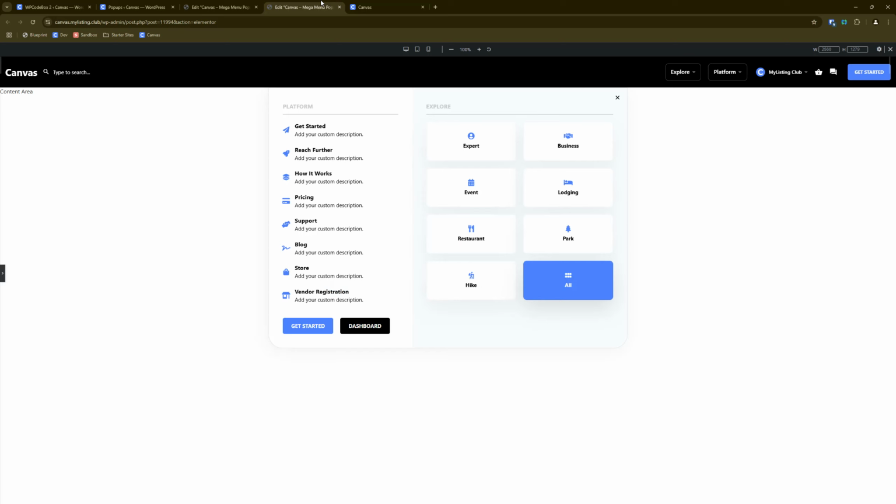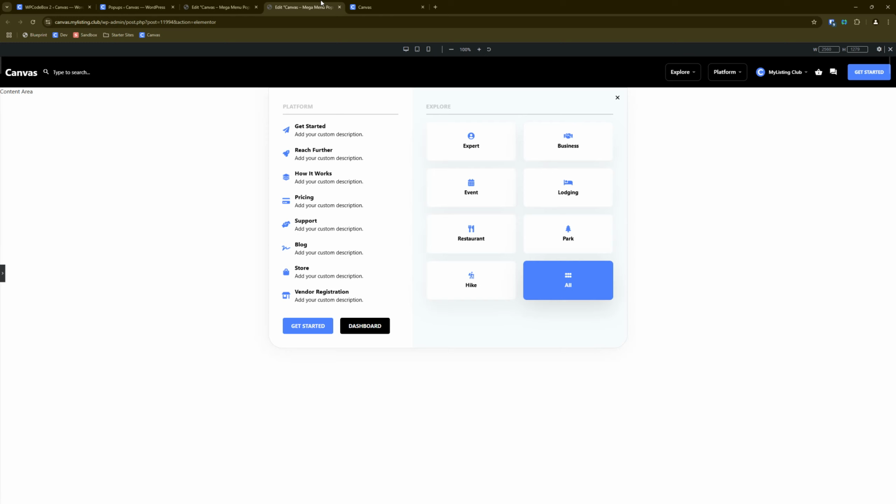So this is a quick way, if you're not familiar with how to set up mega menus within Elementor or an Elementor add-on, or custom code it by hand. Good luck with that. But this is a really quick way to get a mega menu up and running for your site. And it's beautiful and responsive and all that stuff. The only caveat I would say is that if you are